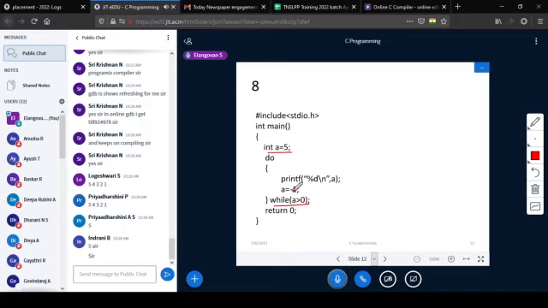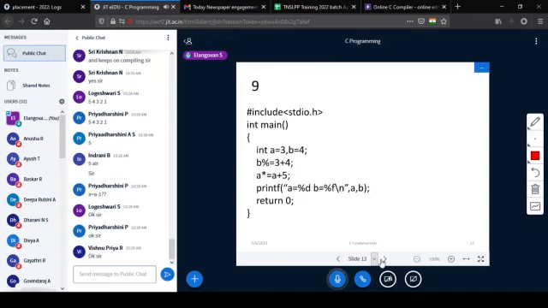Okay, fine. Next, I think I can proceed. Okay, fine. So A is 3, B is 4. B modulo equal to 3 plus 4.